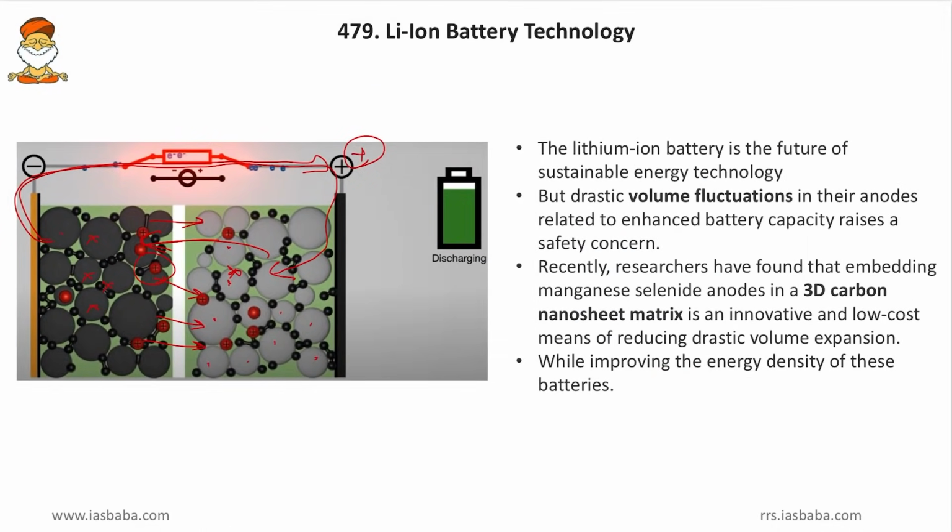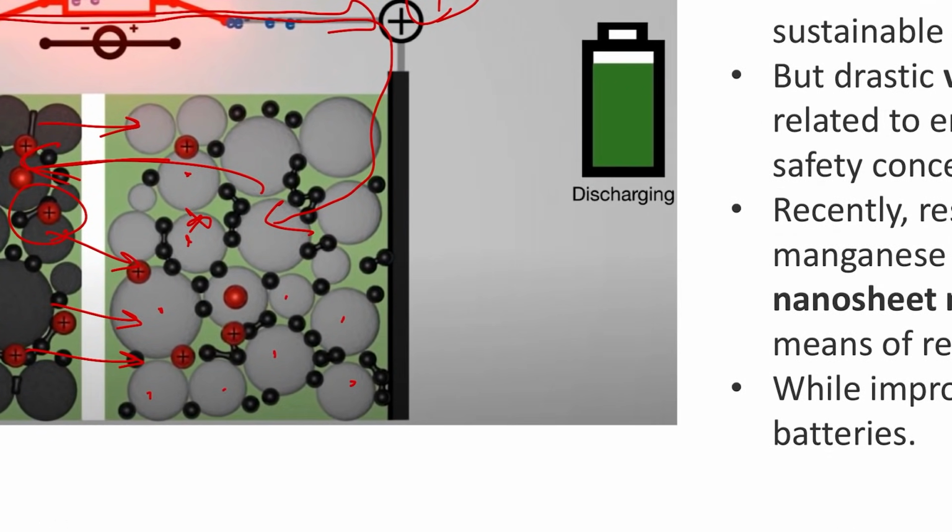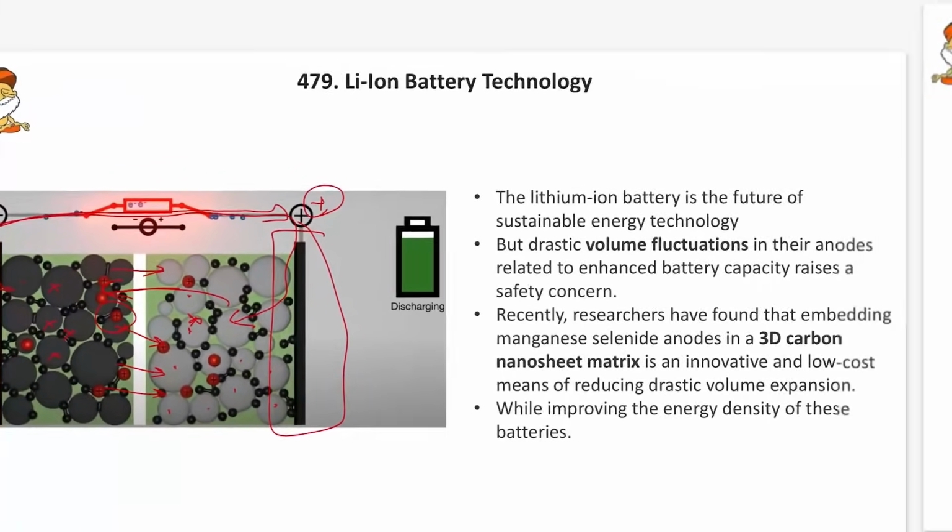Friends, however, there is a problem here. The anode of the lithium ion battery is made up of aluminum metal. Friends, this aluminum metal will expand on contact every time the charging and discharging takes place. So this sudden increase or decrease of volume is dangerous. So in order to avoid that, researchers have come out with a technique: instead of aluminum, they are